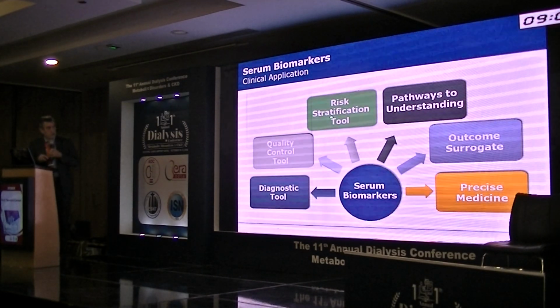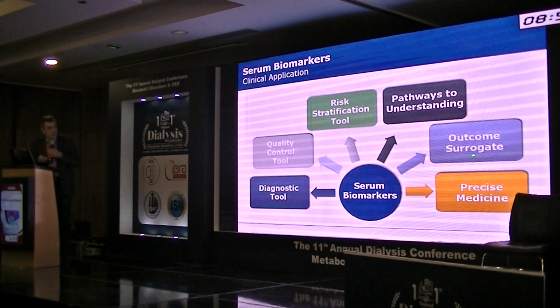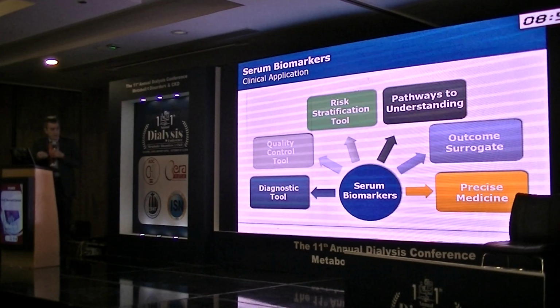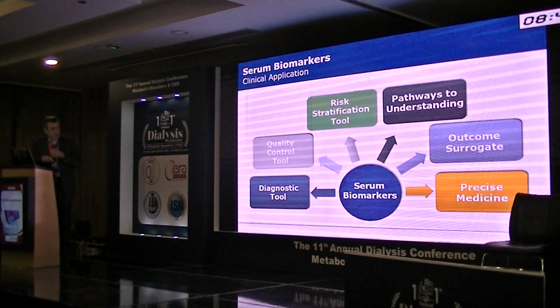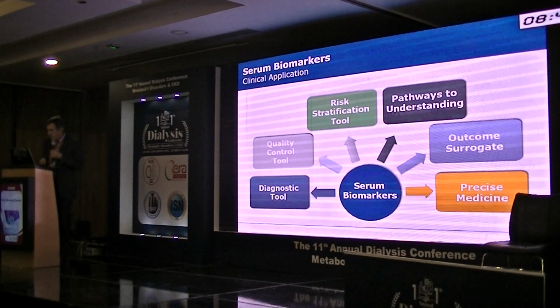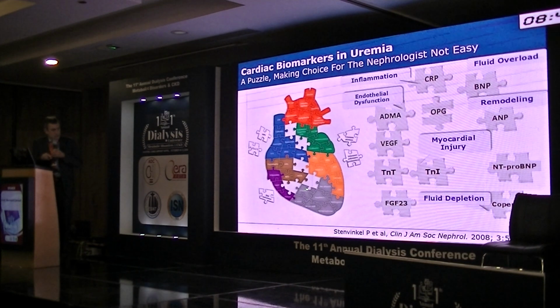diagnostic, or a quality control tool, or risk stratification, or a pathway to understand what is wrong with the patient, outcome surrogate, and precision medicine. So at the end, biomarkers could be used in different ways, from different perspectives, but certainly I will show you in a minute. It's very interesting, for example, to have a risk stratification of this element. You know this slide, or these pictures, the puzzle from St. Michael, which is fine. So if you look, I just extracted so many biomarkers, but you know, some are reflecting